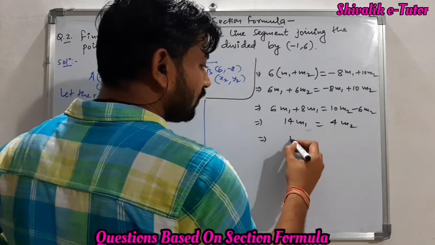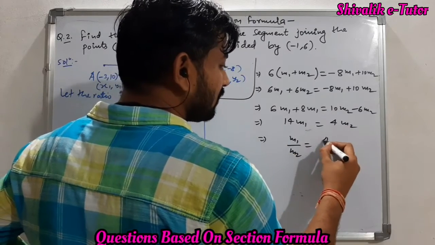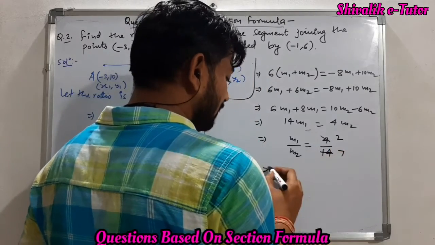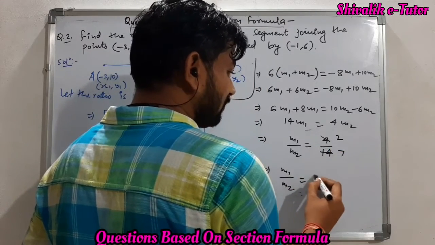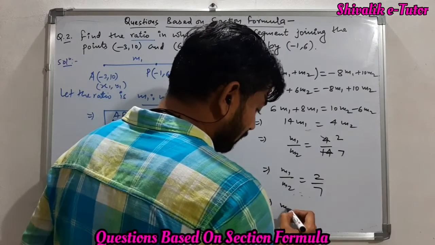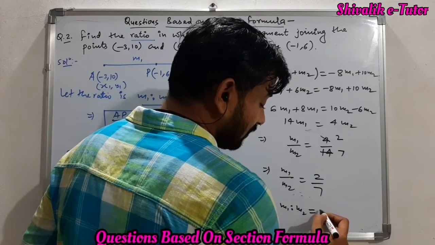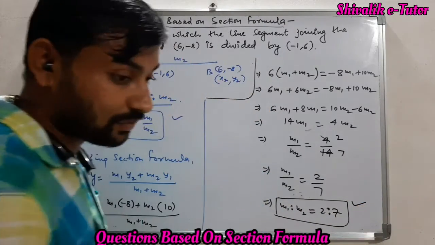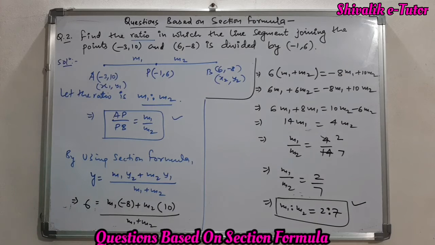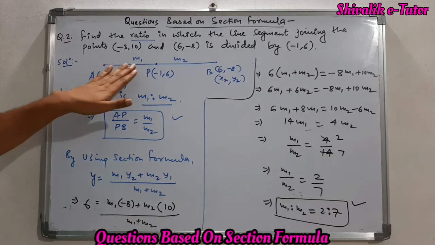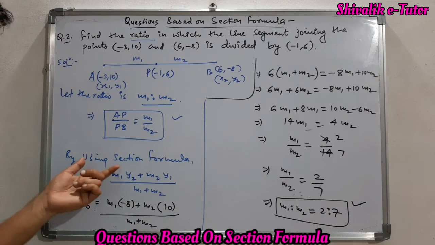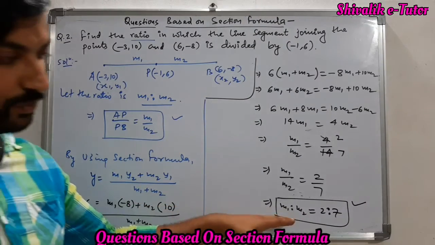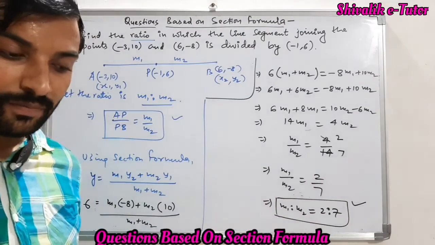So when we want to calculate the ratio m1 upon m2, this will come out to be 4 upon 14, and it can be divided by 2, so that we get the ratio m1 upon m2 is 2 upon 7. So if we write in the form of ratio m1 m2, the ratio is 2:7. So clearly we can say the ratio for the y coordinate is also the same. So this proves that if we have to calculate the ratio, we can use any one of the x or y coordinate and solve for the ratio. Whatever answer we get here, it can be applied for both.